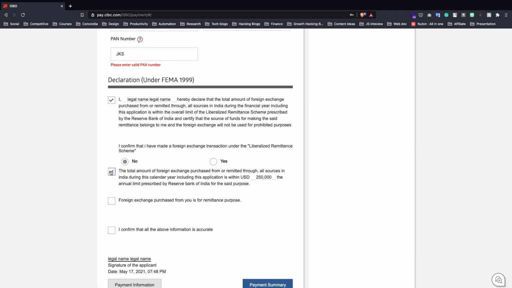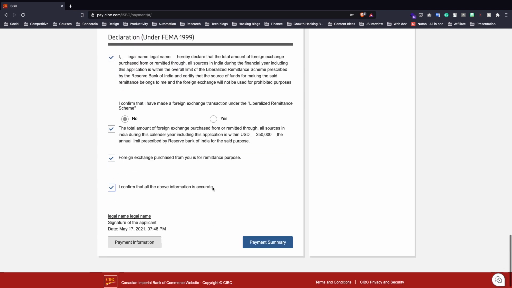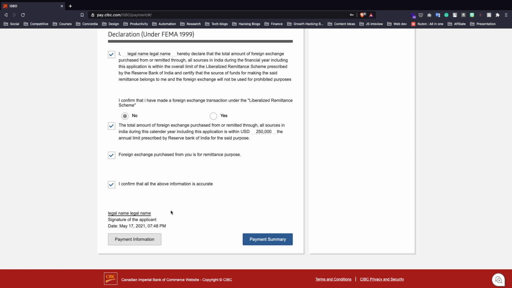So you have to tick mark all the three options, and as soon as you're done, it will show your legal name over here. Okay. So you can check that. It will show your legal name over here, and then just click on payment summary. And prior to that, once verify all of this on the right hand side, whatever this thing is showing. Just verify all the details, if you still have time. Okay, I have 14 minutes because I'm used to doing this. So just complete this thing and click on payment summary.